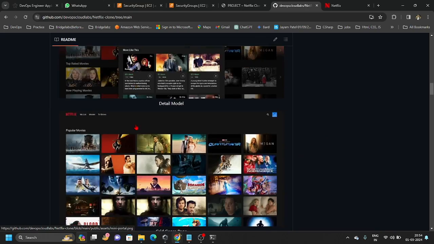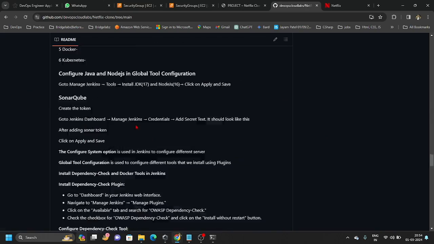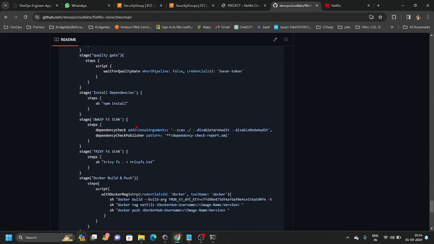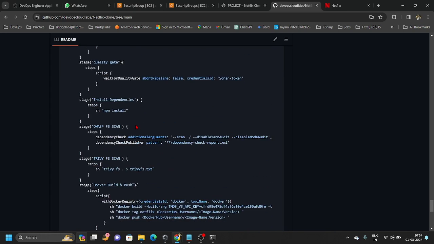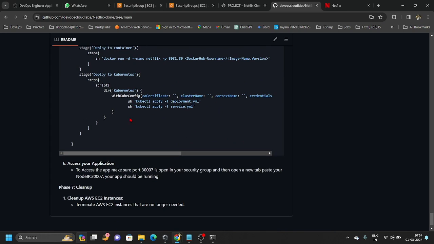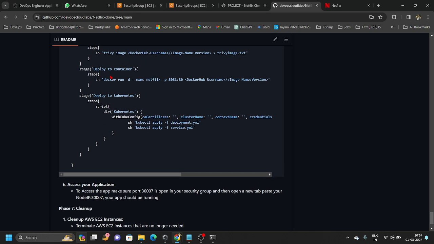I have provided everything here. This is the whole pipeline code. We need to write inside a pipeline, in this Groovy format. So this is the stage deployment, we already had done this deploy to container. Now we will need to add this stage. I will copy this